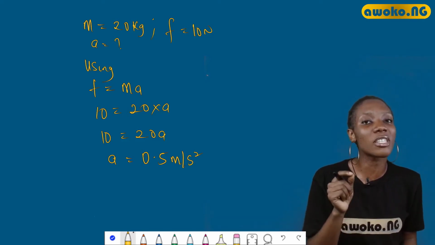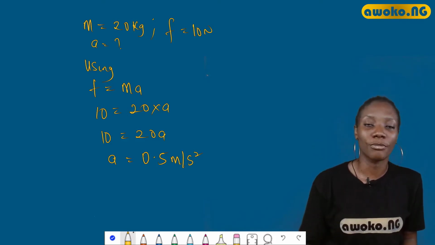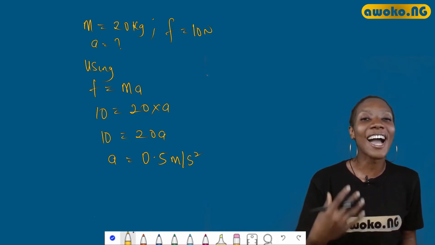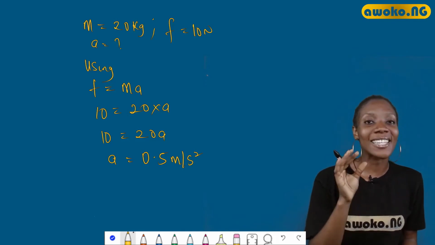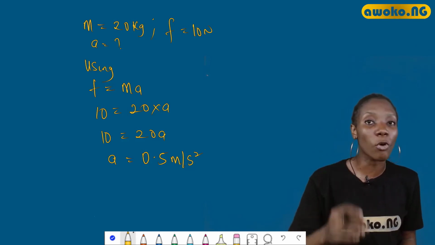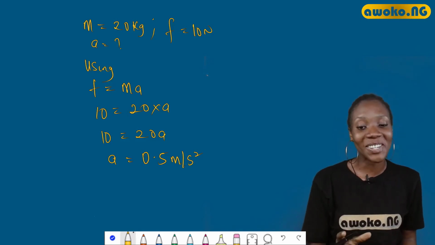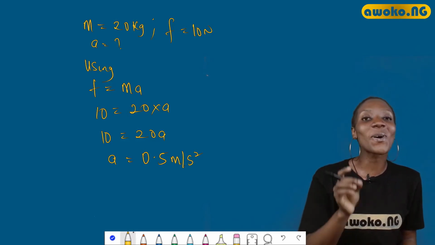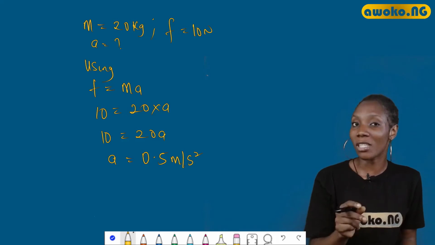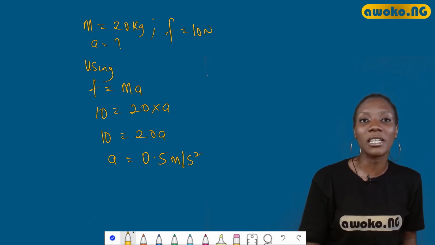So we can state Newton's third law as: to every action, there is an equal and opposite reaction. So in summary, Newton's third law involves an action in which one body exerts a force on a second body. Now the second body always exerts a force equal in magnitude but opposite in direction on the first body. See how interesting this can be, right guys? So consequently, it is impossible to have a single force that is separated, for forces always occur in pairs, since each of them cannot exist independently without the other.